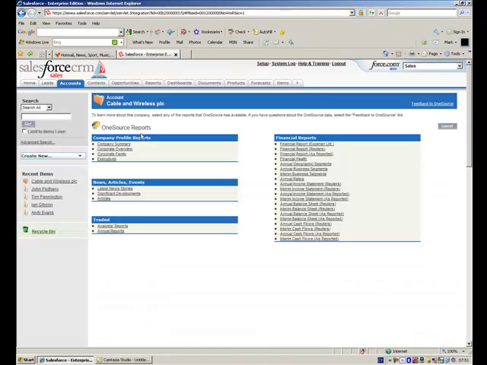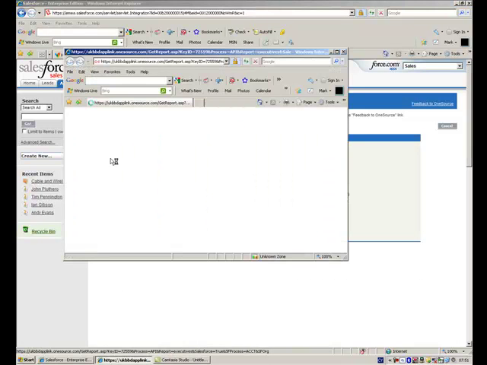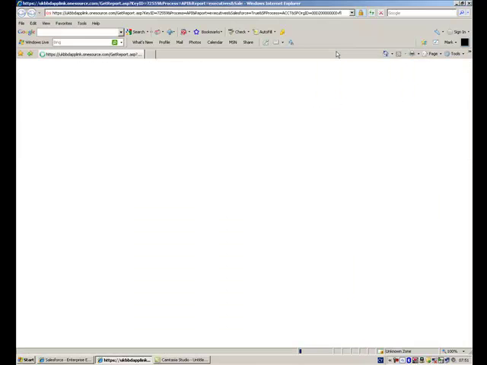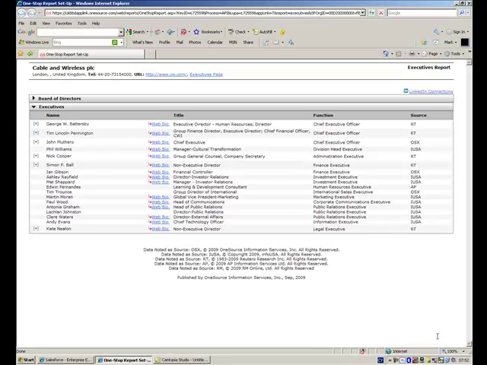And as I say, this has only taken 5 minutes to date. So then we can go into a whole raft of reports. We could do the executives. So if you want to see John Pluthero, who's the CEO, we can find out who all the key executives are, and then we can have a look at their bios. So if we click on the web bio,